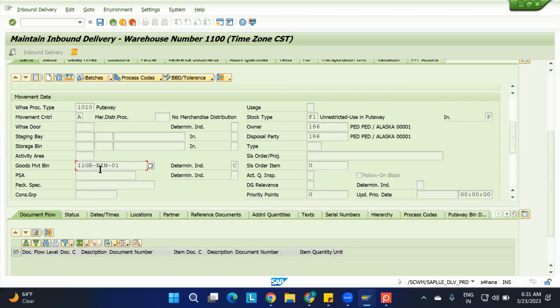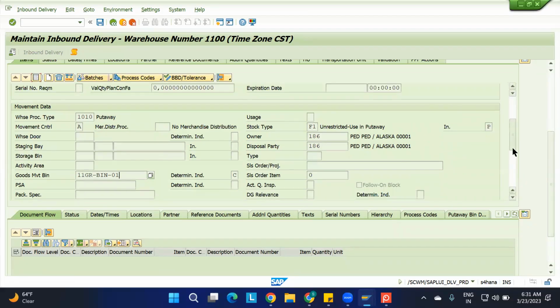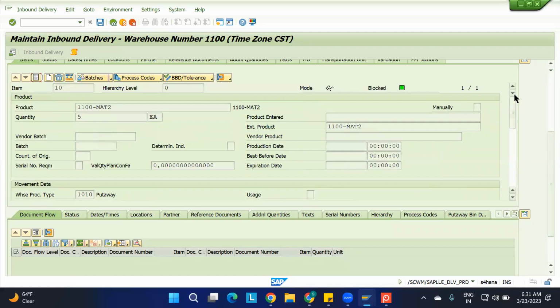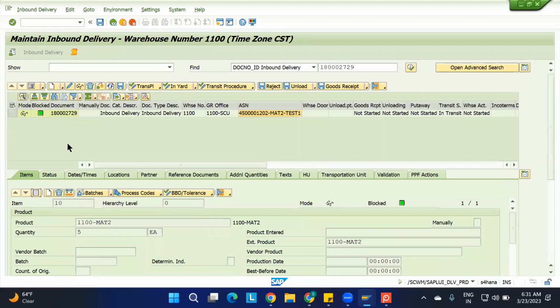Under that, I have the bin. In this bin, it is coming and storing. Okay, this is one part. And here, the item categories are DLV, IDLV. Okay, and if we go and check the